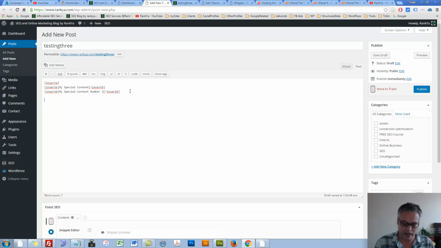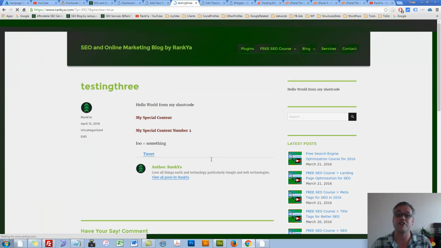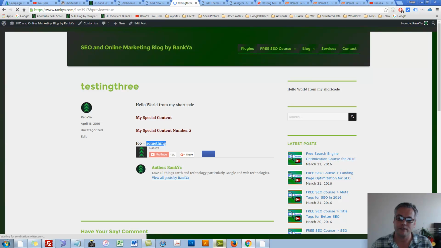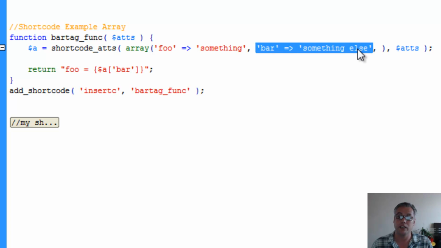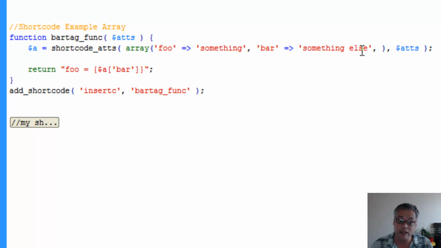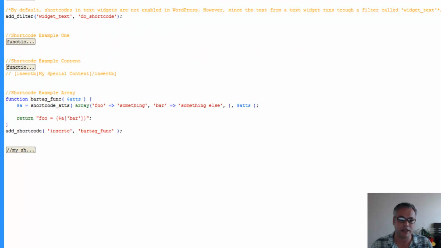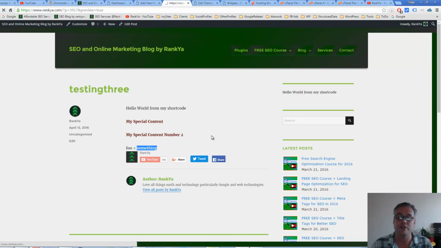Let's go and say insert C, preview. Take a guess as to what it's going to return. Return foo, as in the first value of our associative array. But if I wanted to say return bar, then it's going to take the second key value pair from our associative array and it's going to return something else. Let's refresh. As you can see,